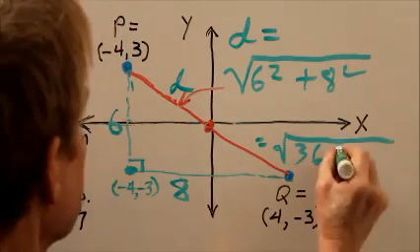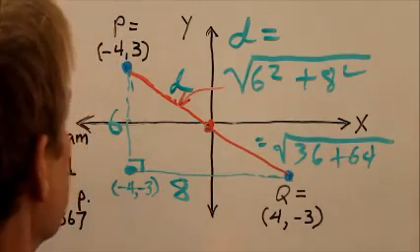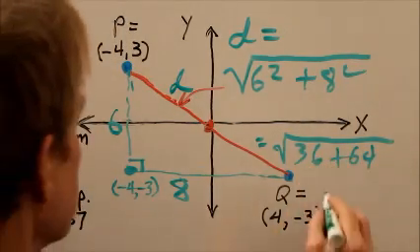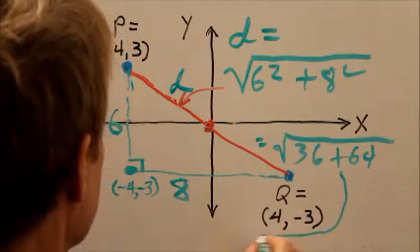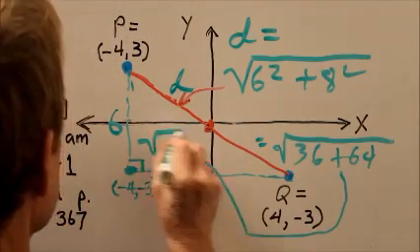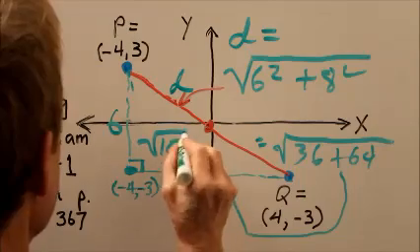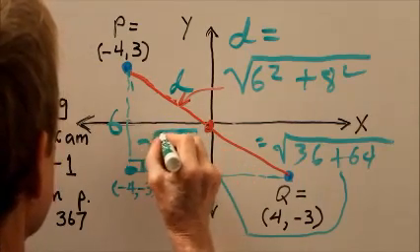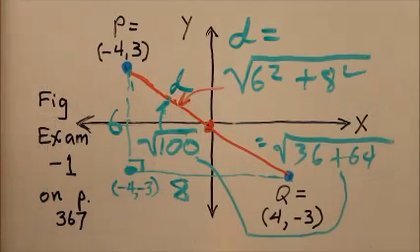You square 8, you get 64. So that works out to the square root of 100, which is easy enough for you to figure that out. That is 10 units. And that corresponds to choice